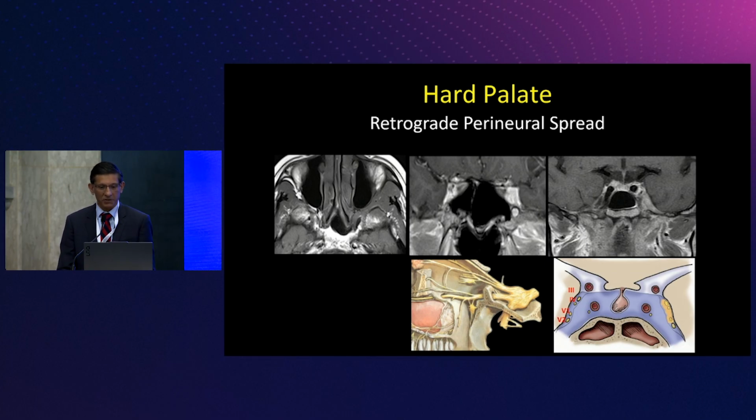When I started my fellowship, first of all, the surgeons wouldn't believe that we can look at the nerves, actually. And if they saw a tumor that was growing back into the cavernous sinus, the surgeons would go in and actually remove the cavernous sinus. Now, what's the cavernous sinus? The cavernous sinus is the main deep venous drainage of the brain. So they would remove half of the venous drainage of the brain, and then they would remove cranial nerves 3, 4, 6, V1, V2, and the carotid artery. That's what they used to do.